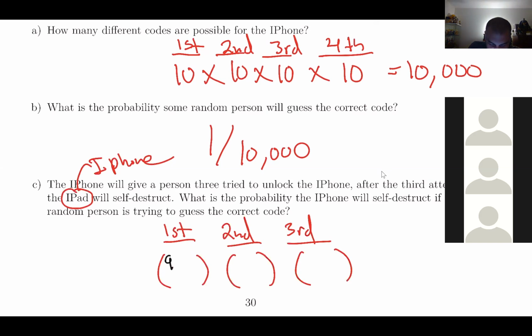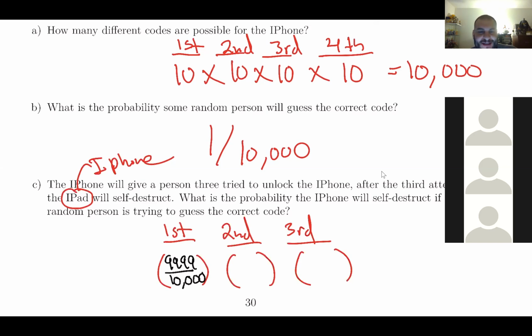So 999 out of 10,000. That's the probability that somebody will guess the password incorrectly. So it's telling you this person is not going to guess it correctly on the first try. All right, so let's go on to the